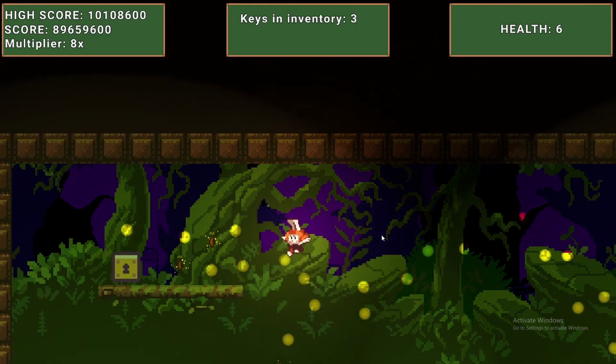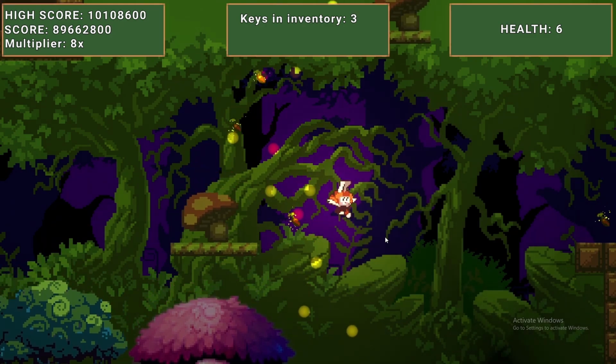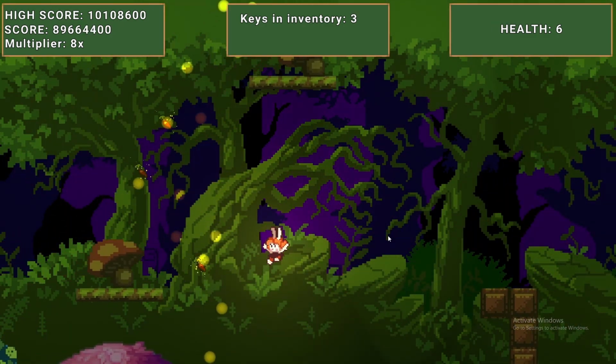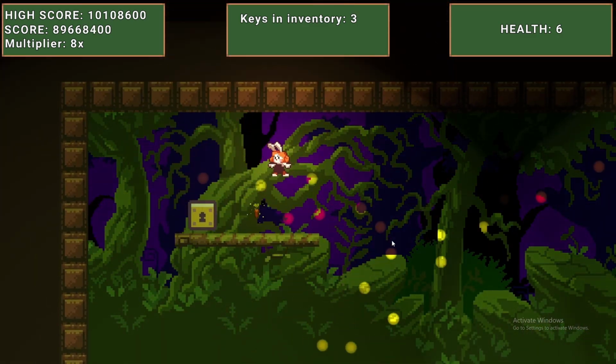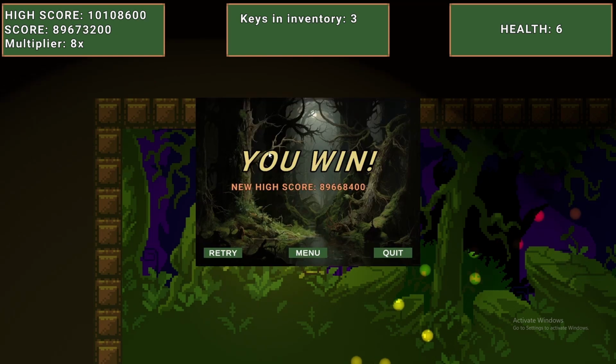I would end it, but I want to kind of beat the score by a big amount. I'm gonna drop down here. Boom, boom. And in order to actually finish the level, you need to have 3 keys in your inventory. So I know which I do. And as you can see, my score is higher than my previous high score. So once I finish,